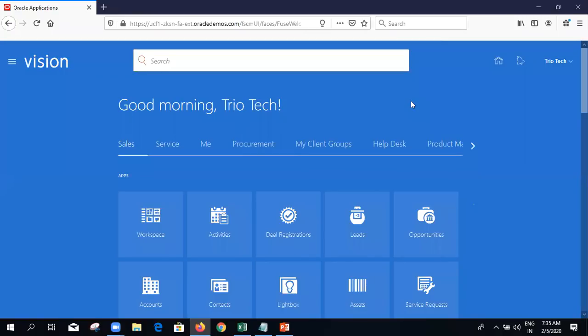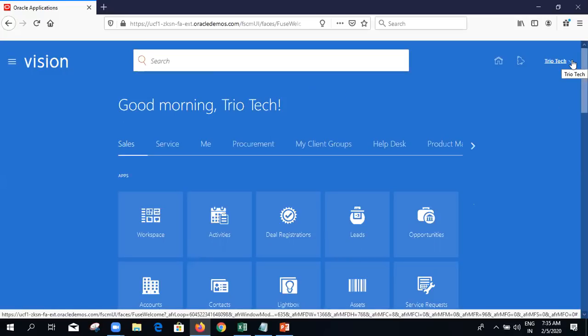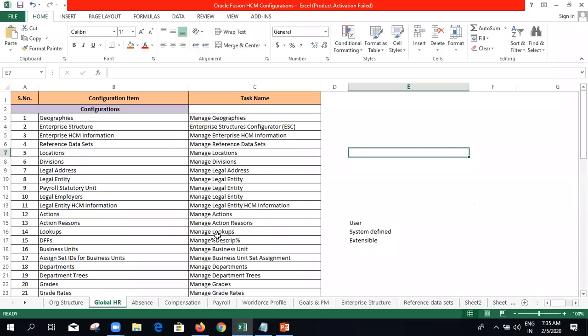So this is the high level security in the Fusion application. The role-based access control we will call: whatever roles we are having, that access will be provisioned to us. So that's all for today. In tomorrow's session, we will start with creating the implementation project: how to create the project, how to enable the offerings to our project, and how to start the configurations.